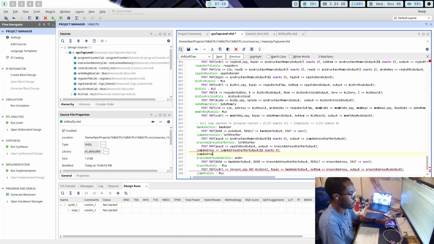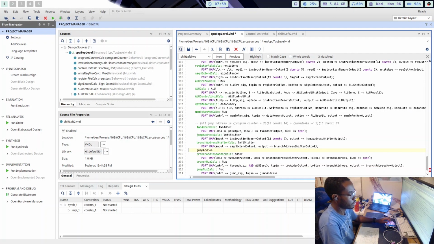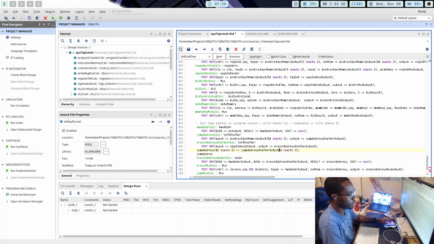Oh wait, this is also going to be 12, 0. Well, then I could just say this is whatever. Right. And then say that this is 15 down to 13